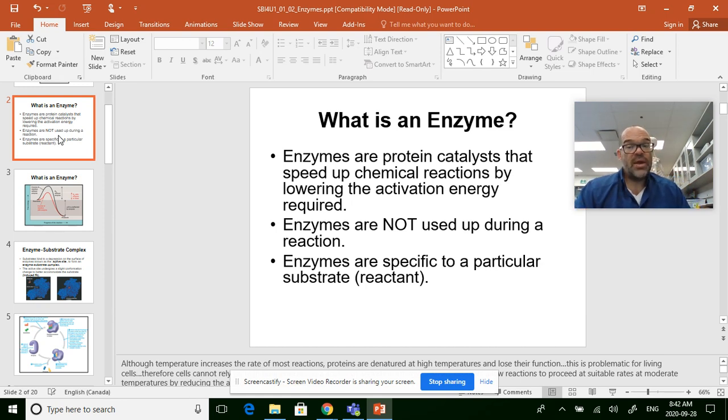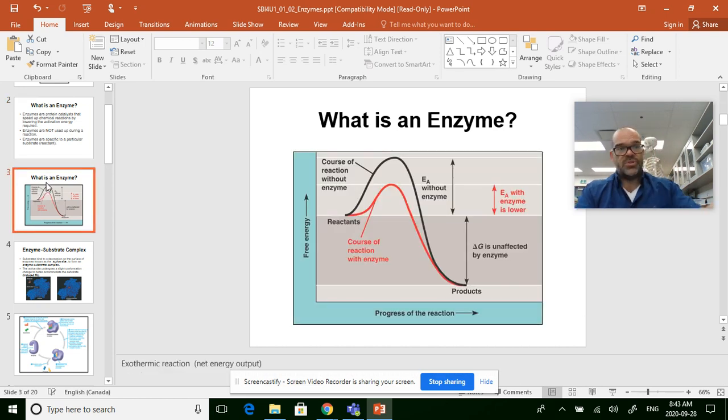Now that's not to say enzymes work all the time. They don't. You'll see that a little later. Sometimes enzymes can be turned on to work more. Sometimes they're turned off to not work. Because sometimes you need your enzymes working really hard. Sometimes you don't need them working at all. Depends on what's happening in the cell at that time. So key thing here, they lower the activation energy of a